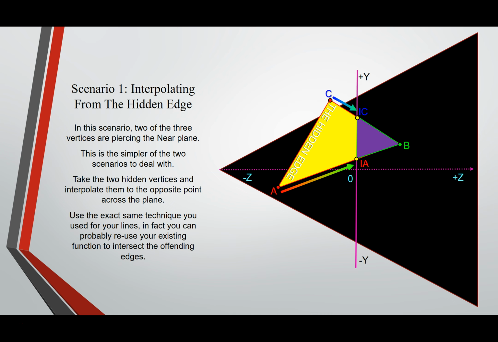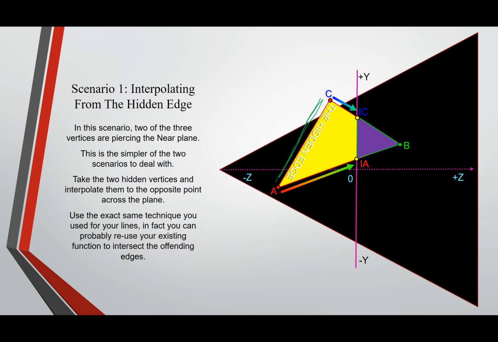In this situation, one of the lines that comprise the triangle is hidden. That means 2 of the vertices have z's that are negative, that we cannot see because they're below the near plane. That is problematic. This is actually the easier of the two scenarios to deal with,